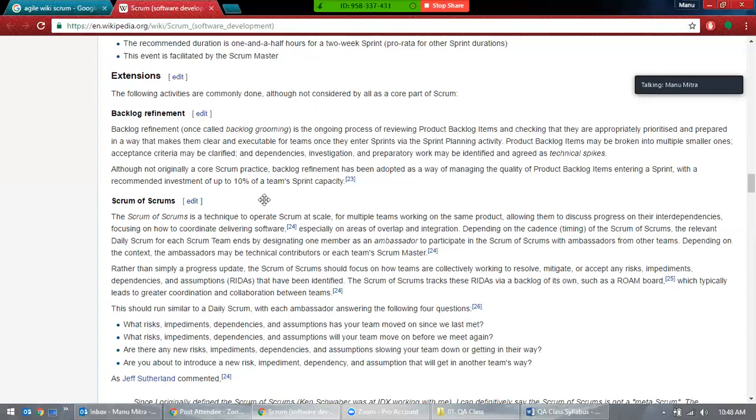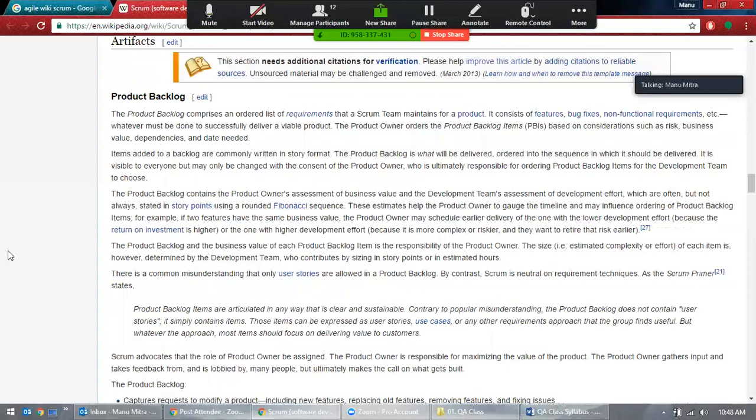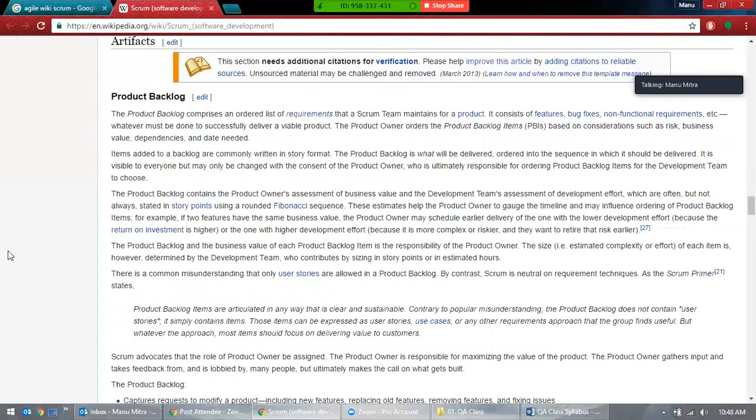Scrum is also an iterative and incremental process, but it is more of a ceremonial way of doing the work. You have meetings where the project manager, business analysts, testers, developers, managers, everyone gathers in one place and discusses all these things.